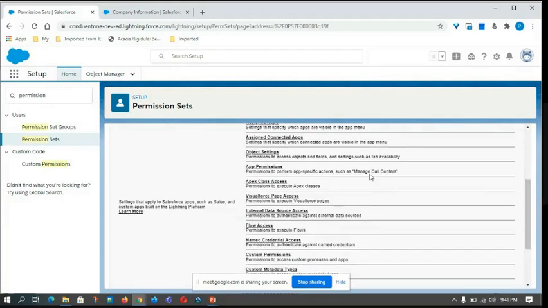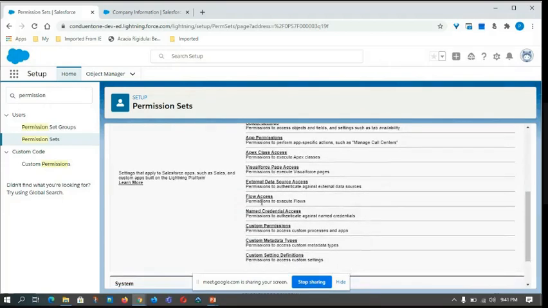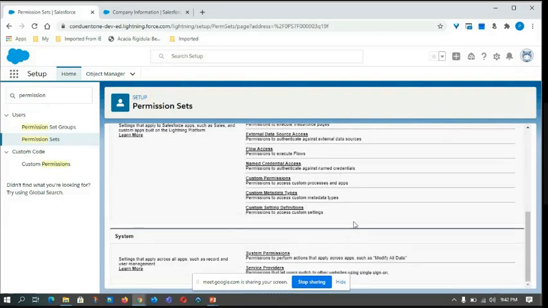Previously we used to see the whole list of access in a particular page. Rather than that, now this is the modern UI where it is modularized into functional things. That's the reason you are able to see object, app, flow, named credentials, everything separately right now here. If you want to change into classic mode, then you need to update user settings.